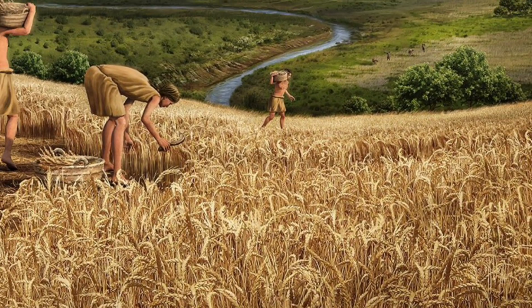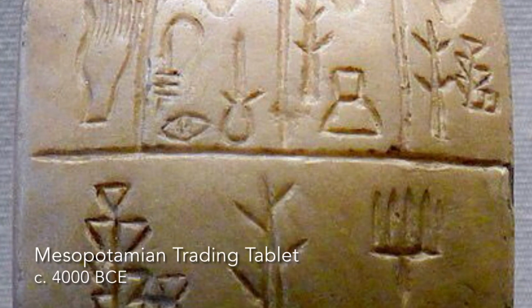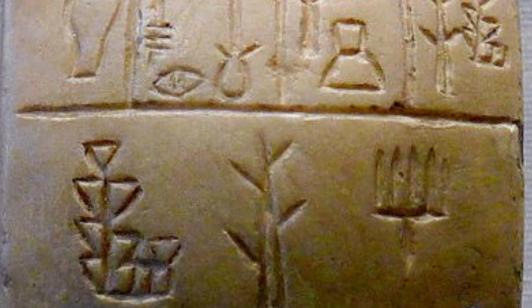But once you settle down, once you've adopted farming, you can accumulate stuff. And initially this would have been grain in particular. So some of the people doing the farming would have just been better at it than others. They'd have ended up with more grain. And of course that would allow them to trade this surplus grain that they didn't need to feed their families for other things. So grain is power. It's kind of money.